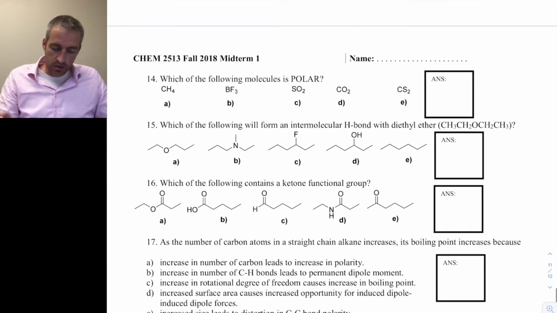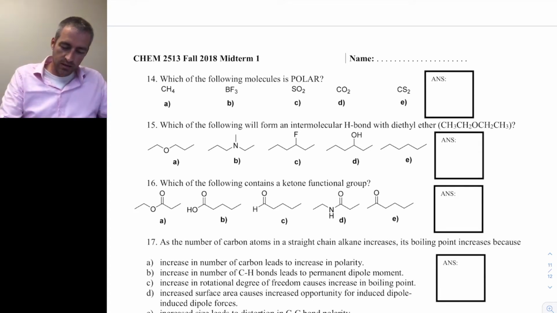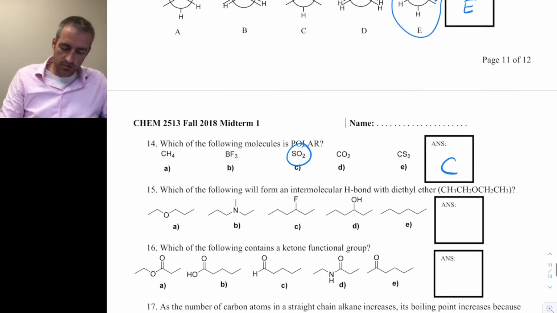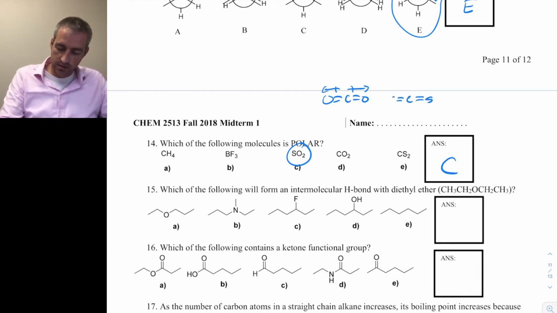Which of the following molecules is polar? This is a tricky one. You have to draw a bunch of Lewis structures. It turns out all of these, well, CO2 is nonpolar because the bond dipoles cancel. CS2 has the exact same structure. Bond dipoles cancel. SO2 you'd think falls in the same thing, but if you draw out the Lewis structure, you